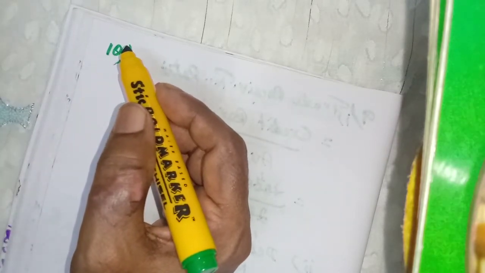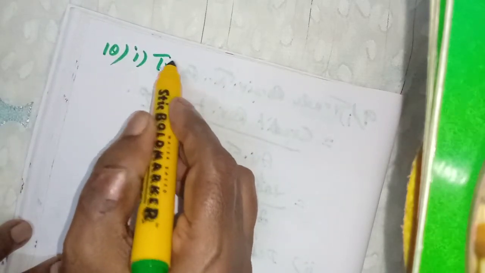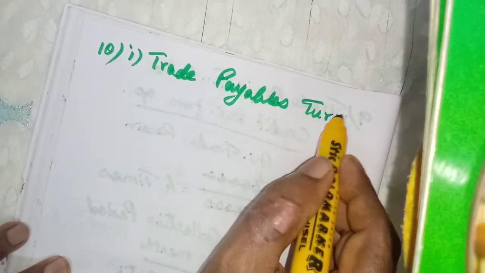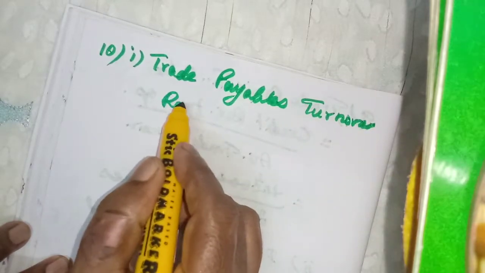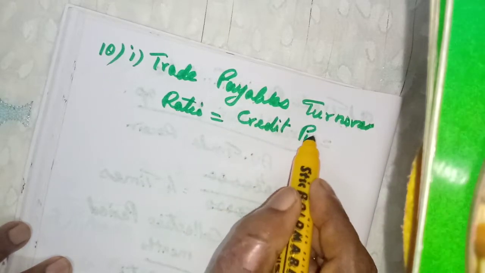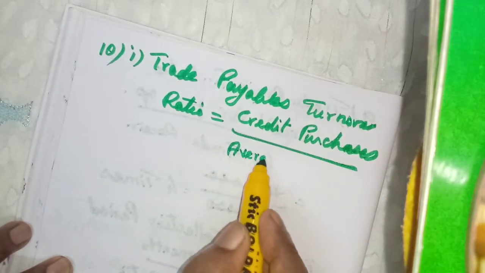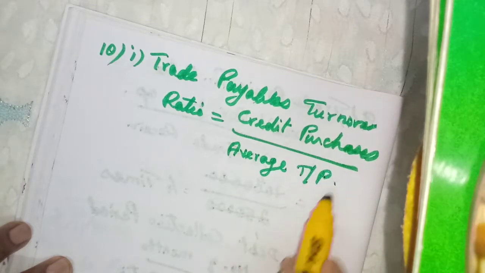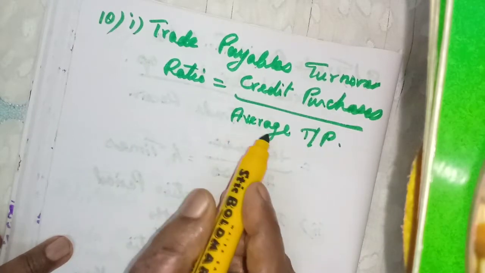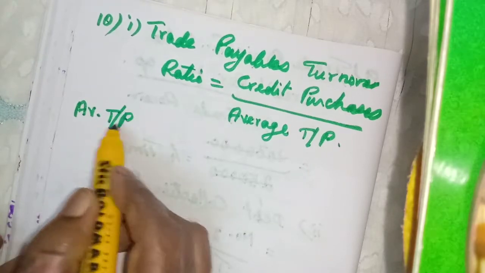They have asked us to calculate the trade payables turnover ratio. First one, trade payables turnover ratio is equal to credit purchases divided by average trade payables. Credit purchases are given clearly, so no need to calculate. Now average trade payables we have to calculate. Average trade payables is equal to